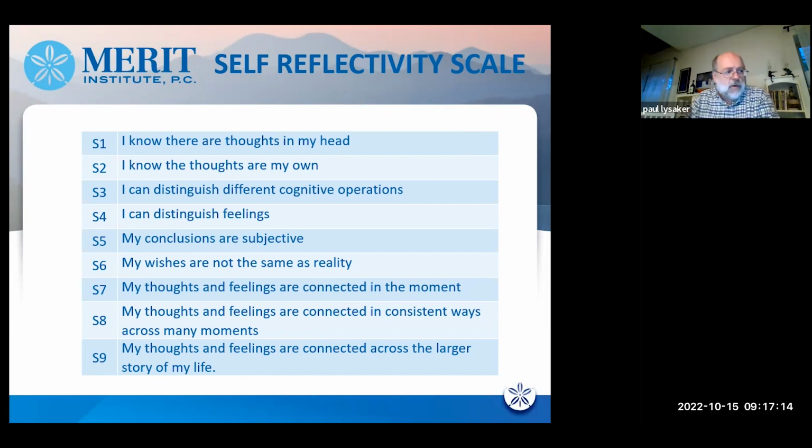I'm going to try to talk through a little bit about what these look like. I thought I would share with you a set of slides that I don't think you guys have seen before. It walks through the scale backwards, starting at the highest level of metacognition, and asks what that level is really describing. I'll use the letter S for self-reflectivity. There are, as you can see, nine levels.